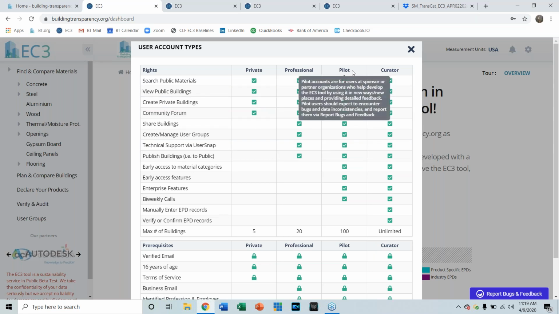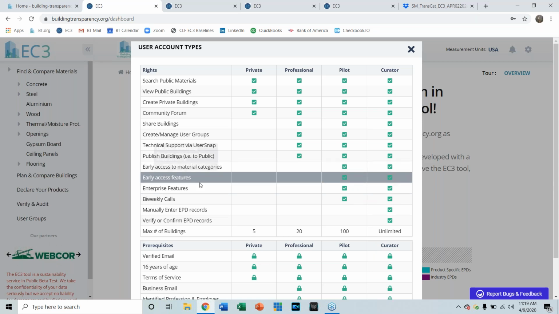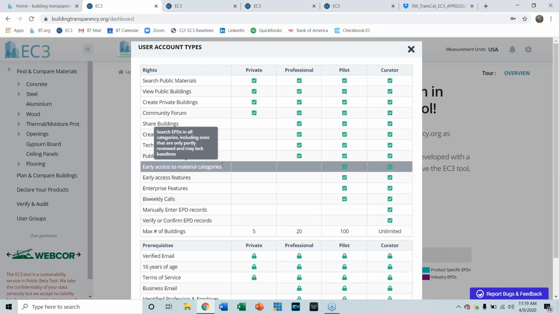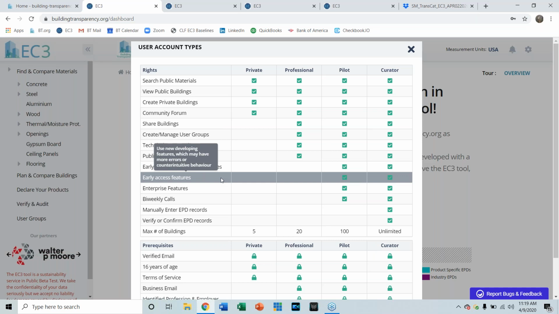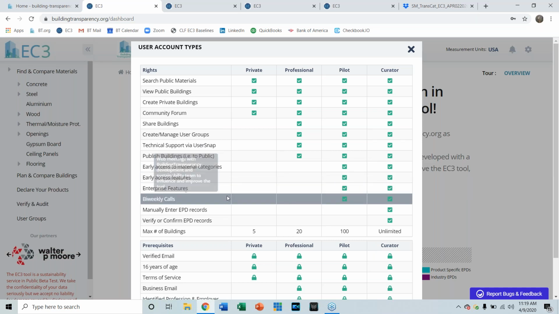And then the next phase up from that is pilot user, which are the folks that are our pilot partners that are actually sponsoring the development of the tool, but also meeting with us biweekly to test new features of the tool. So here you can see that they're getting early access to more material categories, which I'll demonstrate in a second. Other features that we're testing: enterprise features, so more projects and how to do benchmarking, and then calls